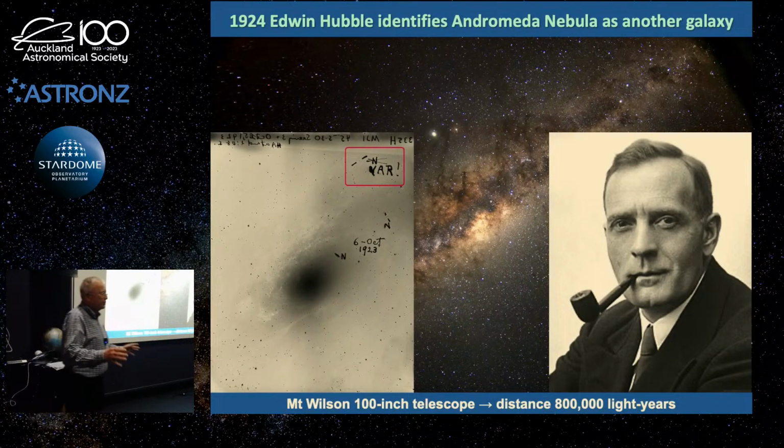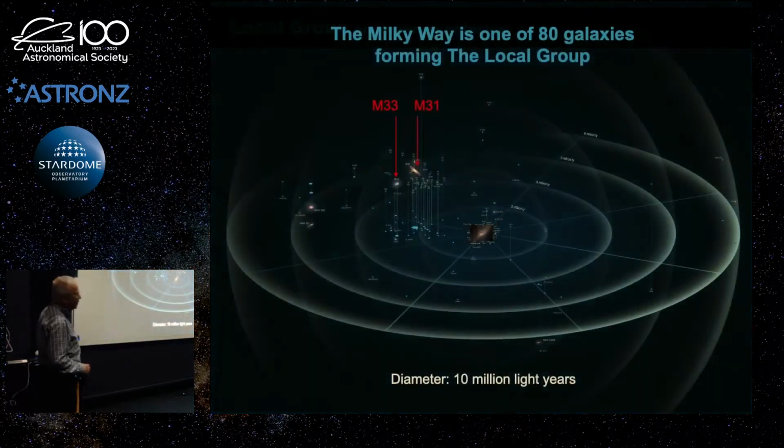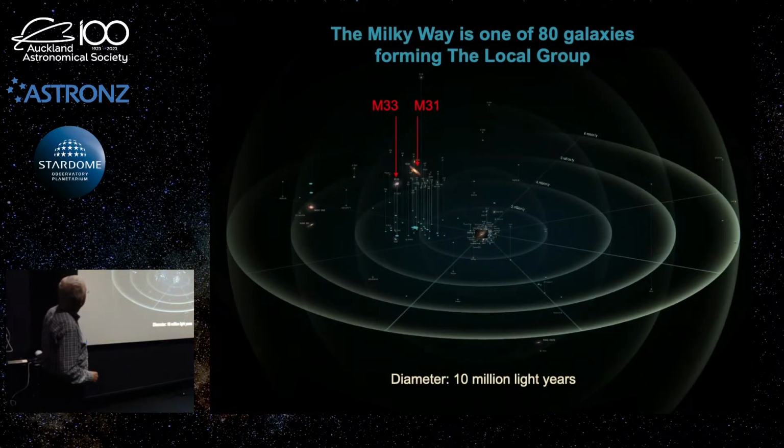And it was at that moment we realised that the Milky Way is not the universe. It's just one of many galaxies. They call them island universes, scattered throughout the universe. And with more observations, with further telescopes as time went on, they looked more at these little fuzzy nebulae and realised there are loads and loads of galaxies out there. So it was Hubble in 1924 who first made that discovery. So suddenly the universe had grown hugely in size.